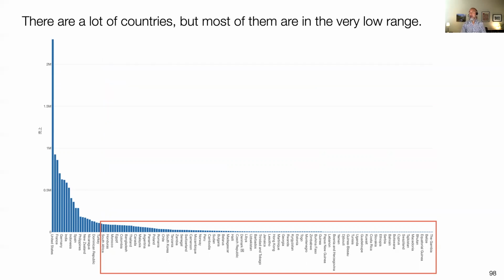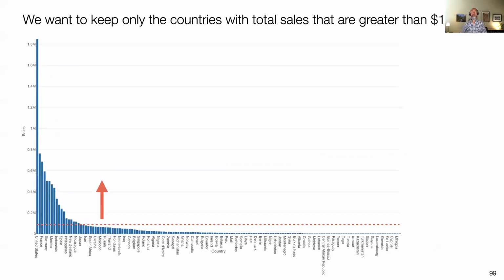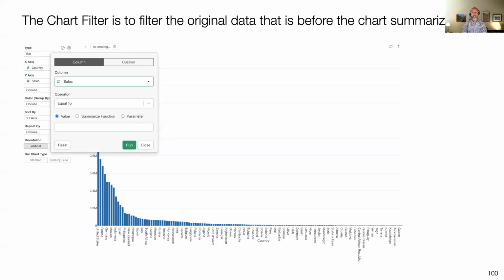And then how can I do that? There's a couple ways to do it. Number one, maybe like, give me only the countries with sales greater than $100,000 or something. Then I'm going to zoom into those, right? In that case, the first thing you might think is, oh, hey, here's a filter button. So create a filter and select the sales. But here is a problem